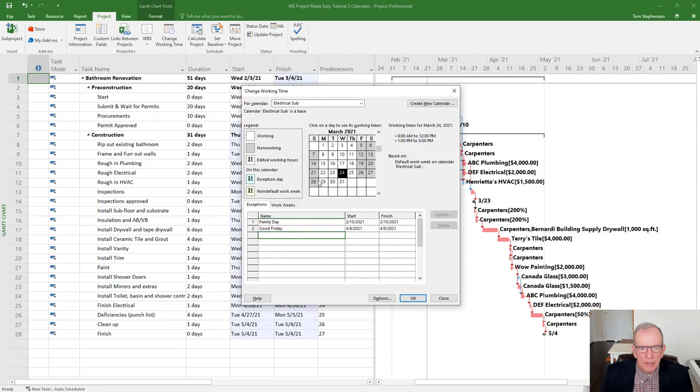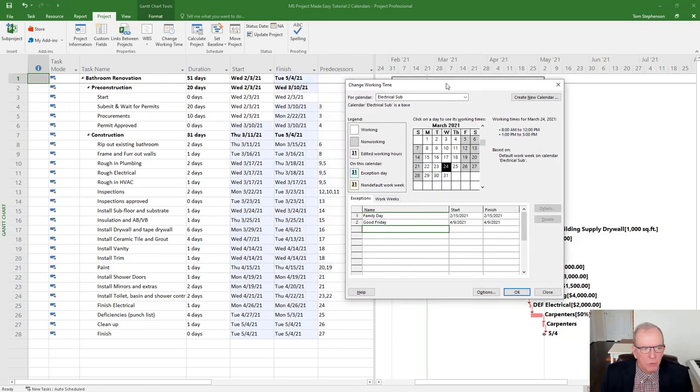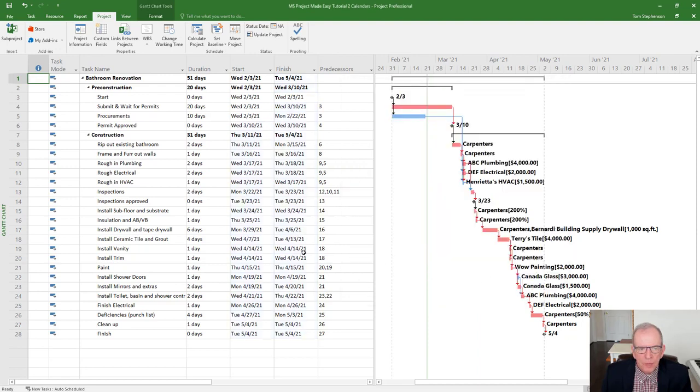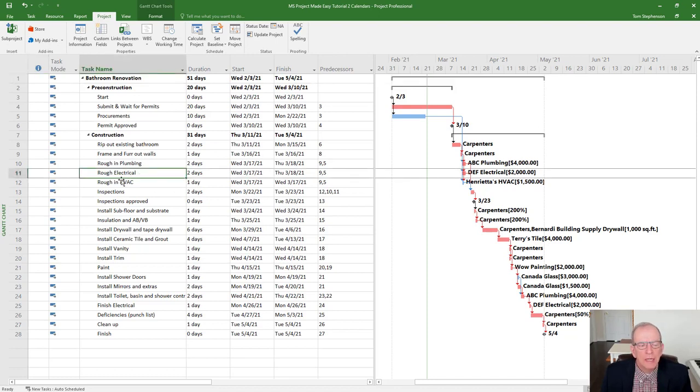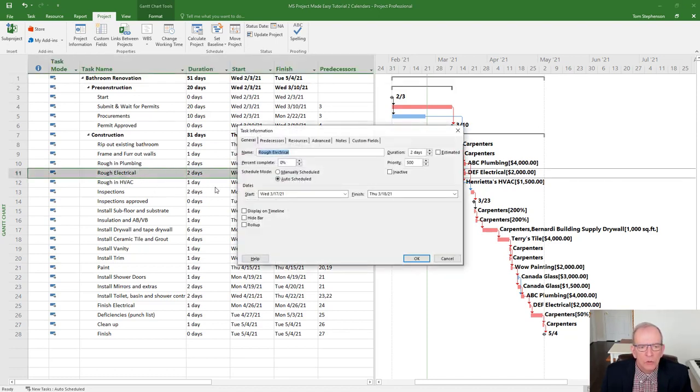has an exception that they're not working. Let's make it something that works with this. So March 17th, March 18th. So let's say that I'm setting this that March 17th. Okay. So electrical sub, so I say non-working. I'm going to say that that electrical sub is not available on March 17th. And so I've just set that now that it's non-working. So I'm going to click OK, and nothing's going to happen to my schedule until I assign that calendar to